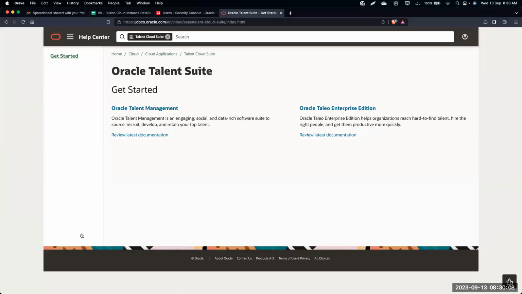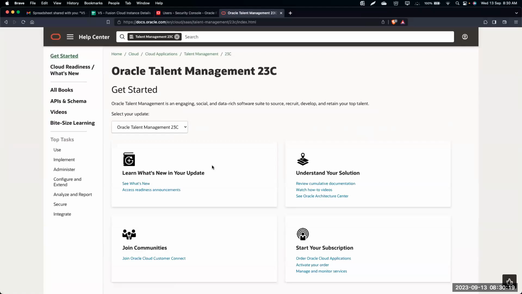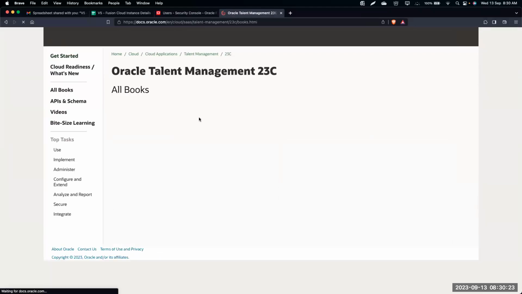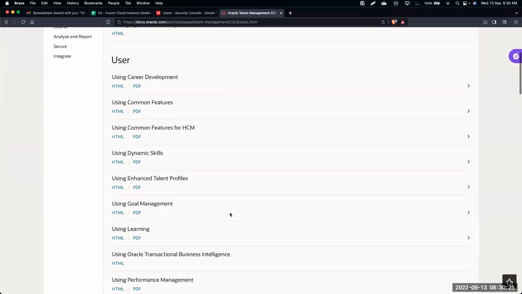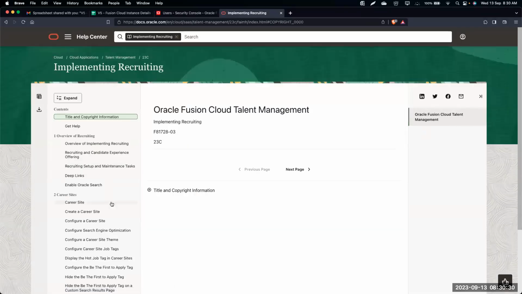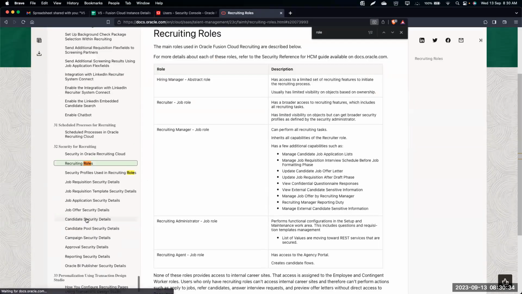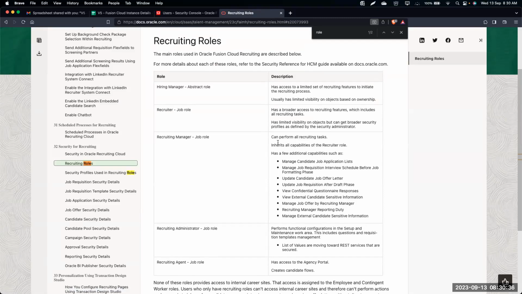The moment you start working on your first project, maybe within a few weeks or a few days of starting your implementation, you will start to understand: these are the roles which we have. But this implementation guide should have the list of roles which we have. So these are the roles.